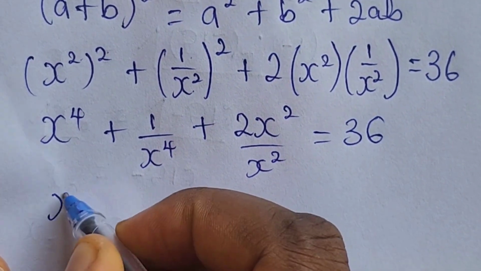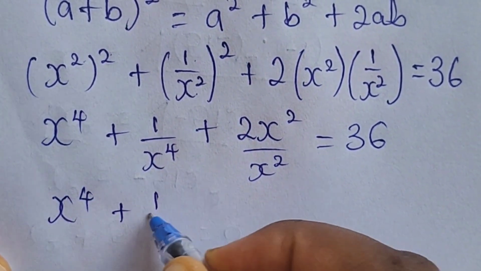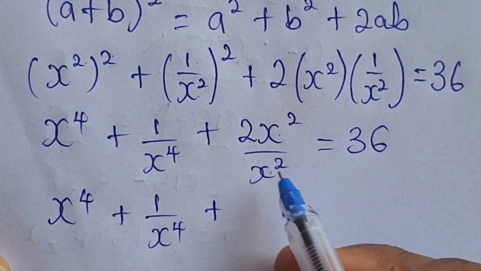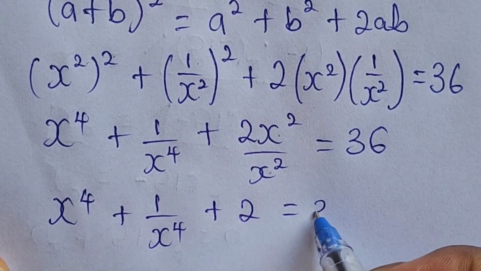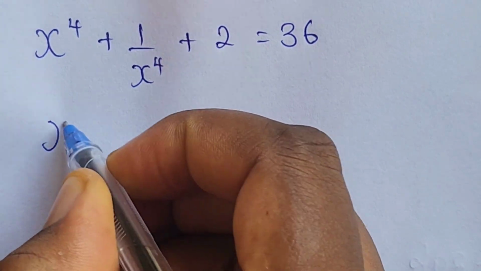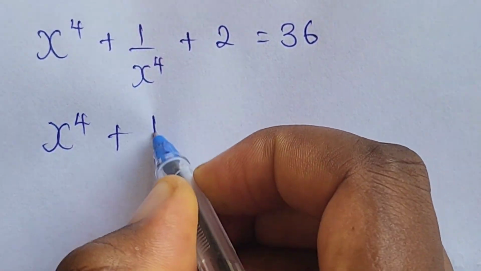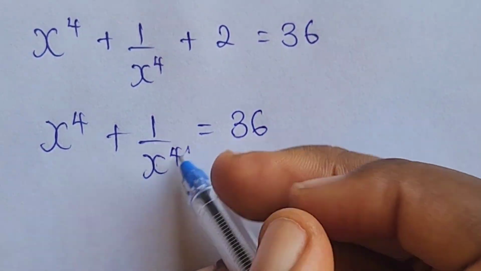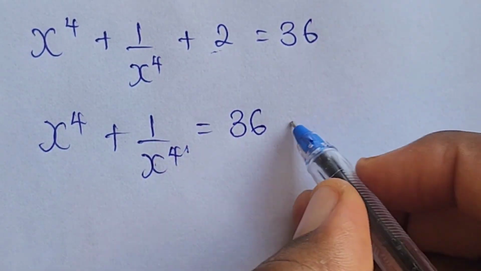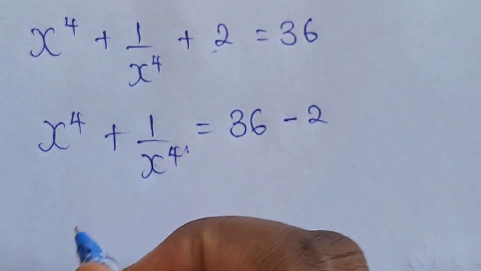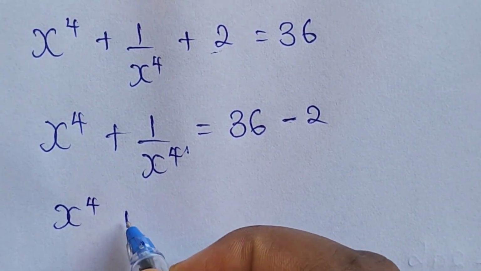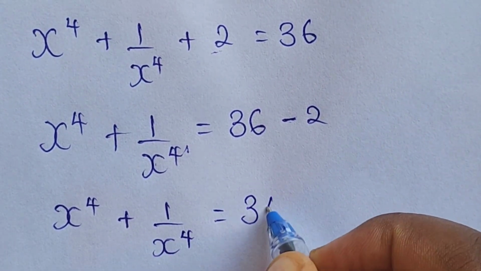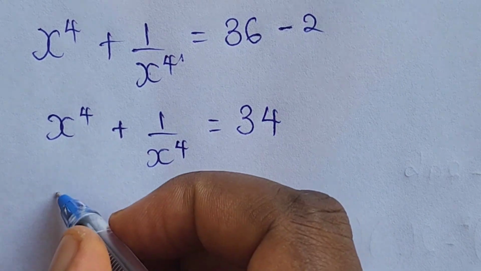We have that x to the power of 4 plus 1 over x to the power of 4, plus this cancels out this, we are left with 2, and is equal to 36. So our x to the power of 4 plus 1 over x to the power of 4 is equal to 36. Our positive 2 crossing becomes minus 2. So we have that x to the power of 4 plus 1 over x to the power of 4 is equal to 34. Now let's recall